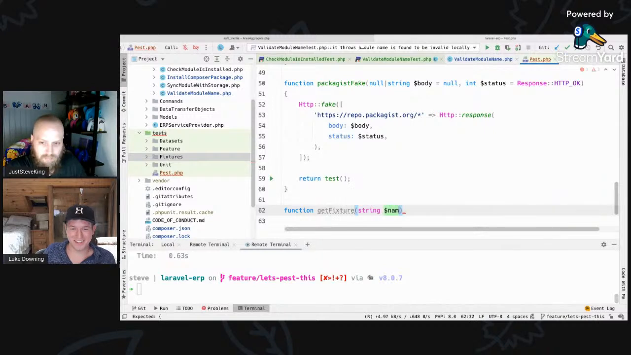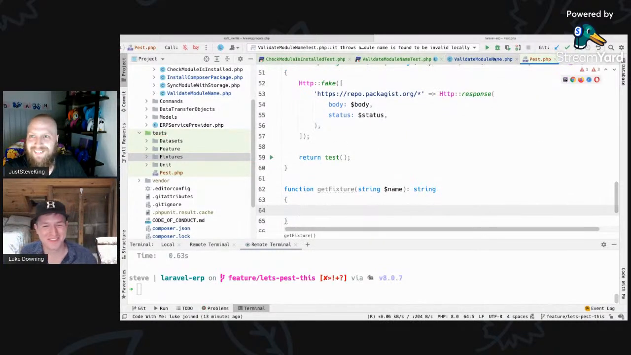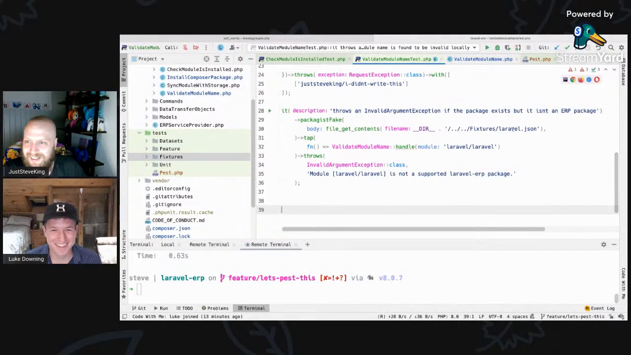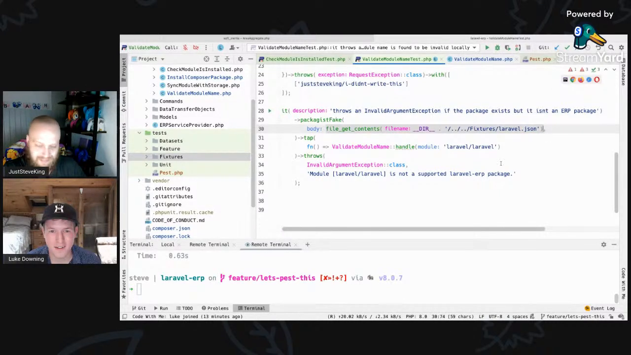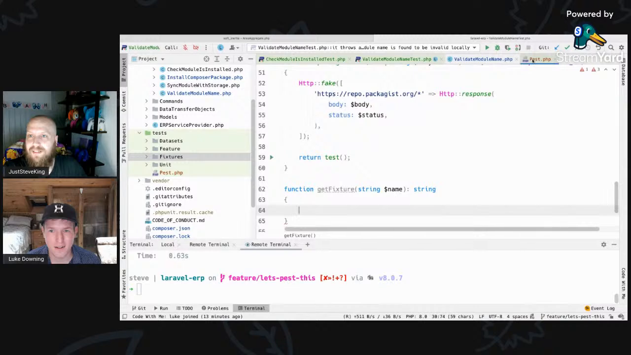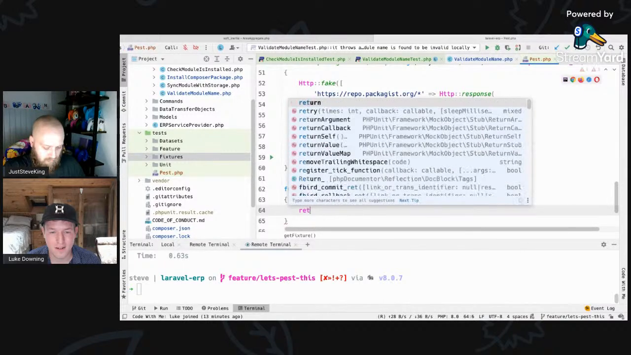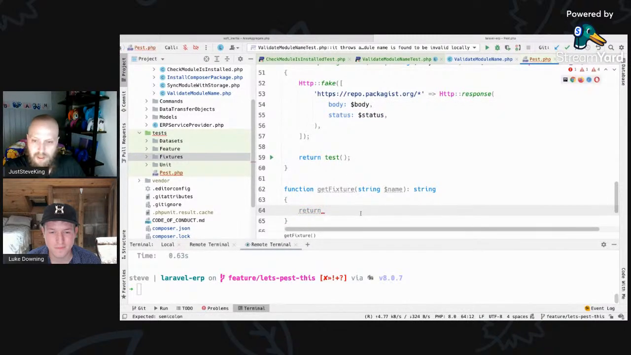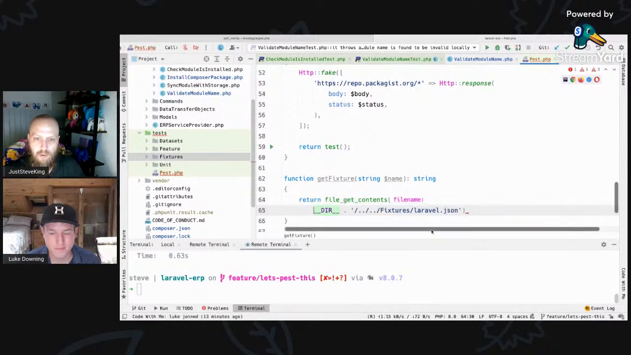Yeah, look at this. You're seeing the refactor beauty, aren't you? Yeah, it's great. You can't even help yourself. Yeah, look at this. We can just go, okay, so we just want to pass Laravel into that, and what we're actually going to return is, we're just going to return file get contents for